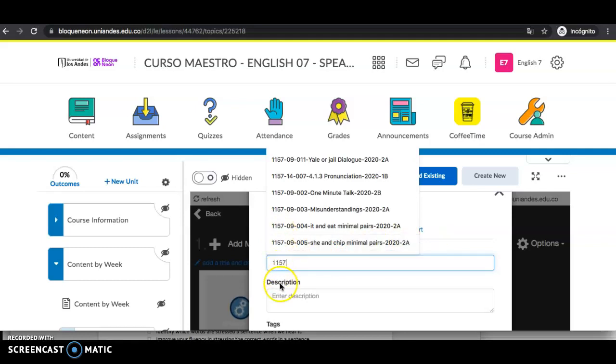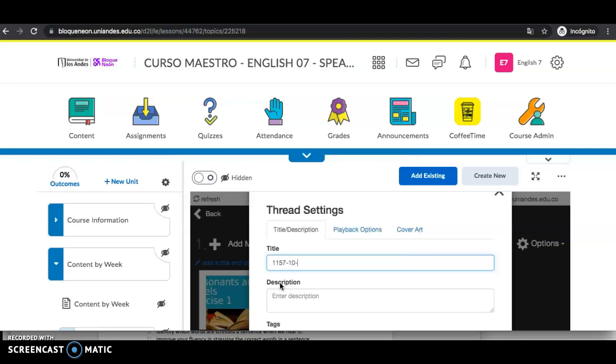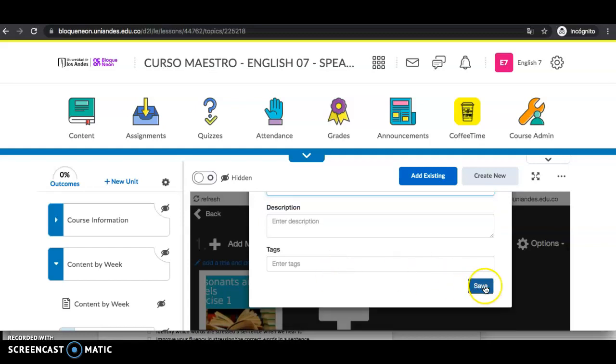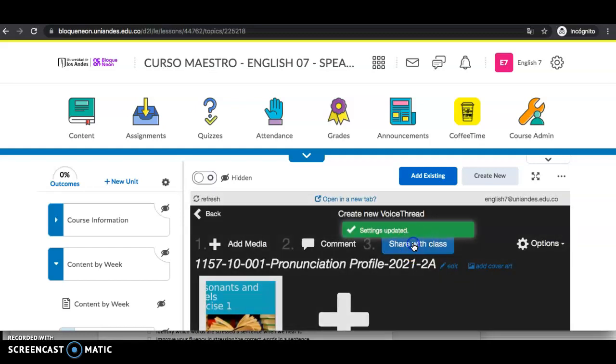tradition of naming these. So you put first the year, sorry, not the year, the course number, so 1157, then your section, so maybe let's say you teach section 10, and then the number of your voice thread. This is your first voice thread, so you put 001, and then let's say this is the pronunciation profile. And then the year, the semester, and the bimester. All right, and then save, share with class,